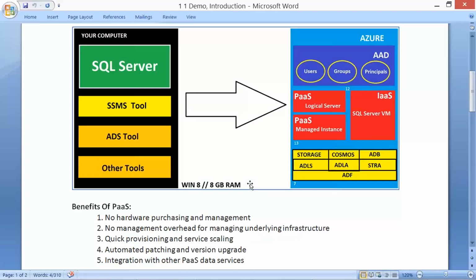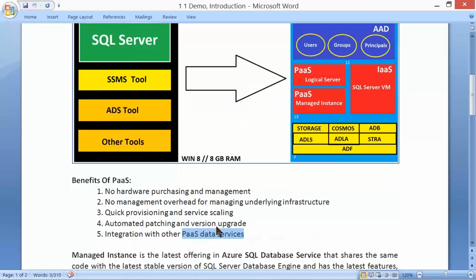Before that, why do we need to go for managed instance? Before we understand who can go for it, let's see why. The benefits of PaaS: no hardware purchasing and management, no management overhead, quick provisioning and service scaling activities that we are going to enjoy throughout the course, automated patching and version upgrades, and integration with PaaS data services, logical SQL server.